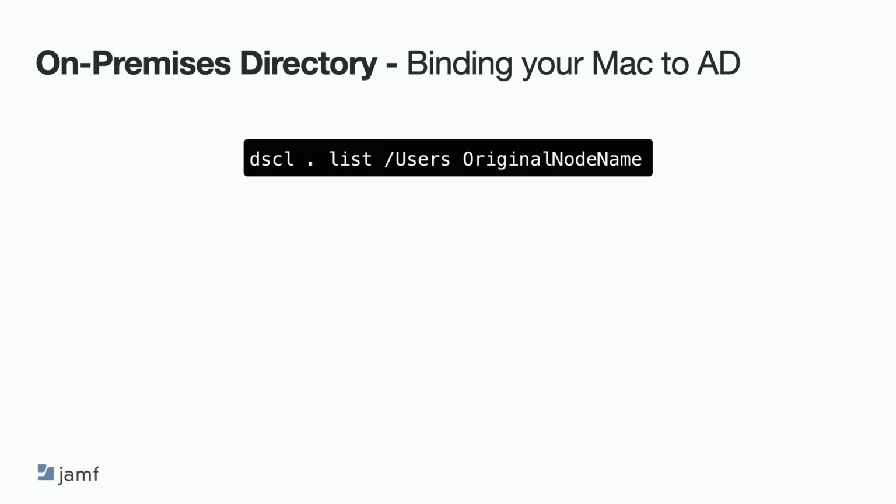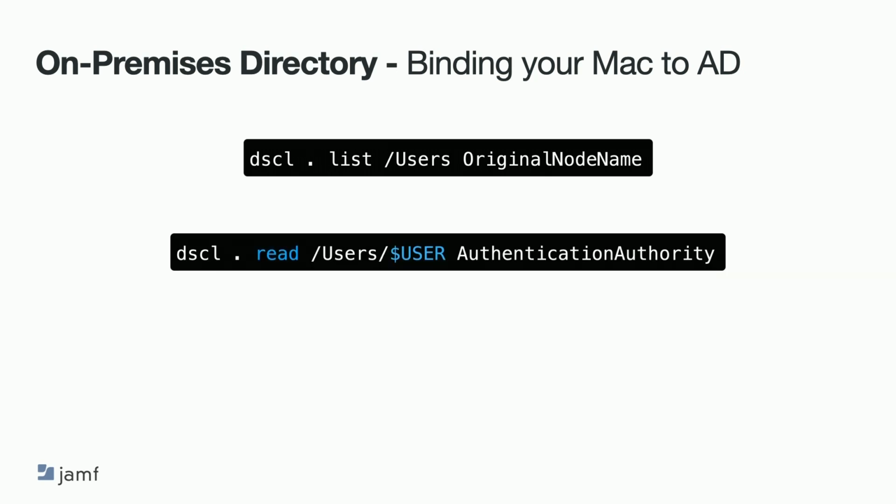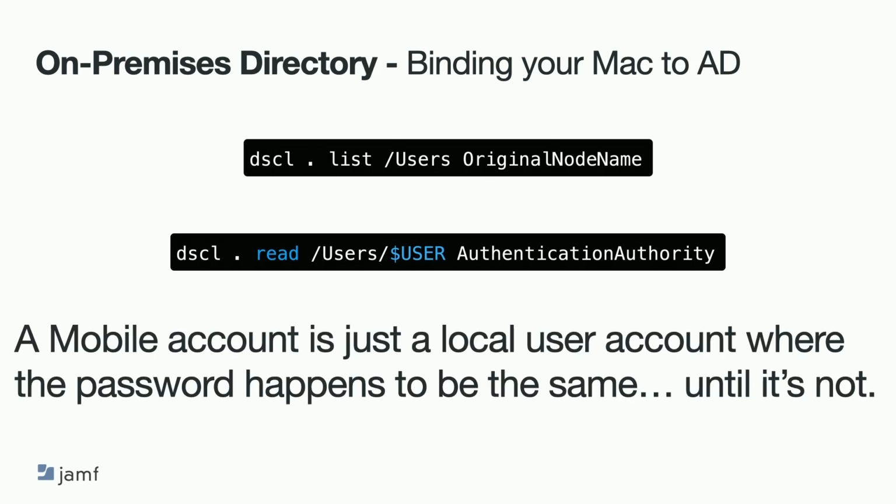And of course, you can also do things like read the authentication authority to see if there's a Kerberos ticket, but don't rely on that because you can get Kerb tickets in different ways. So a mobile account just happens to have the same password as your Unix account or your AD account until it doesn't. And a Mac with a mobile account can stop talking to AD, programmatically designed after 180 days by default, unless you have changed that in your AD settings, and it will unbind itself from Active Directory,